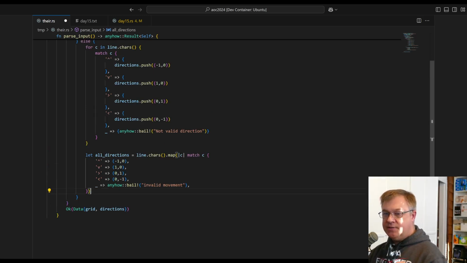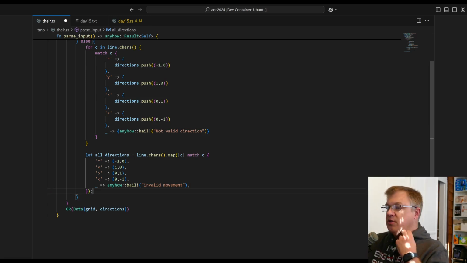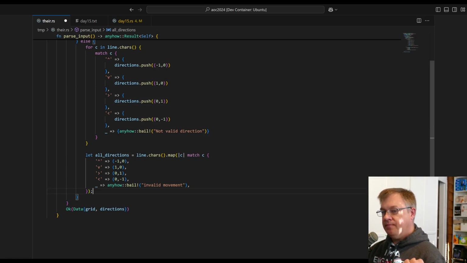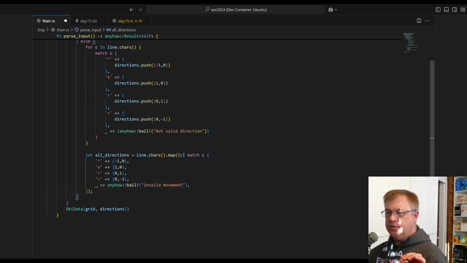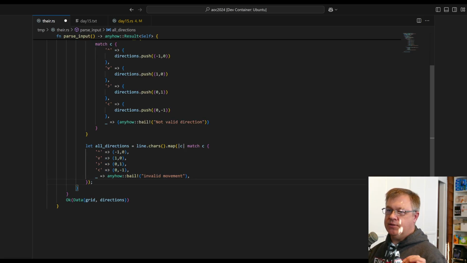This is creating a description, an iterator. So all directions is going to be an iterator. And it's doing a transformation of all the characters and the lines into a direction based off of this sort of match statement. This is the rusty way to do it, and is